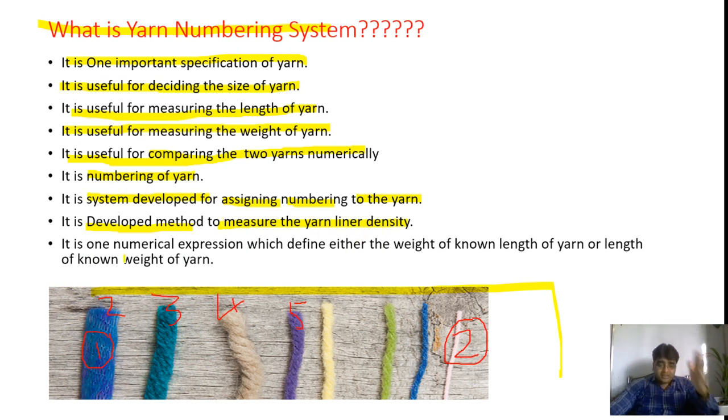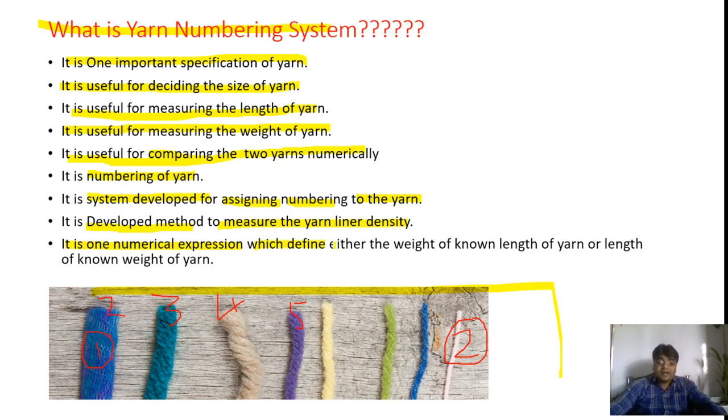Another way you can define the yarn numbering system is as one numerical expression. Each and every yarn has only one numerical expression. There are no two numerical expressions, only one numerical expression, which defines...